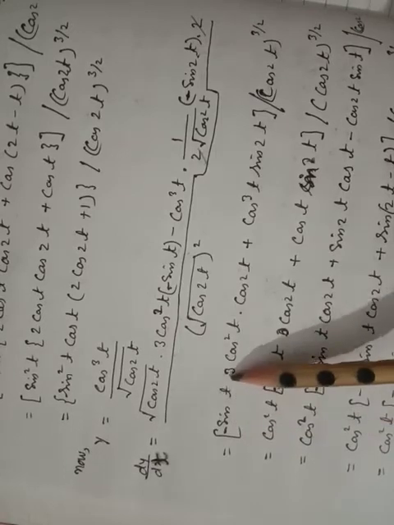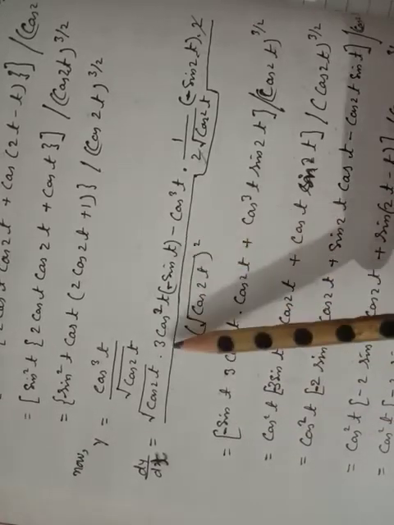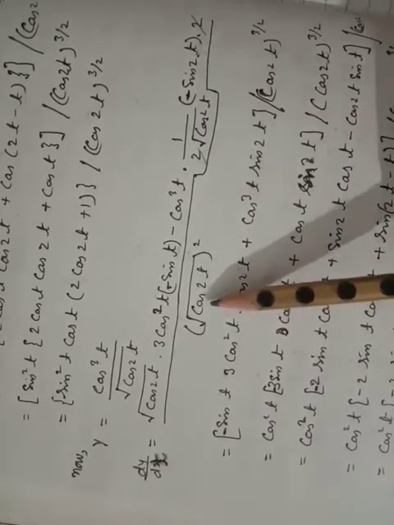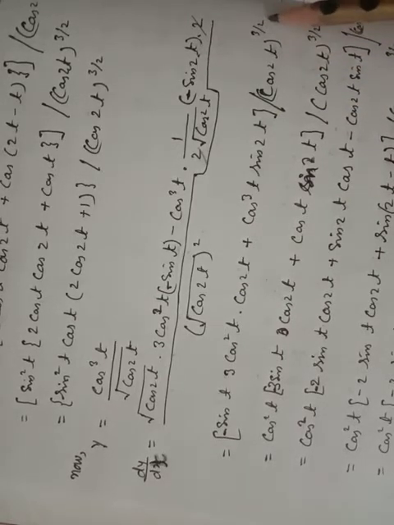Now minus sin t, 3 cos square t, and now we are taking under root cos 2t as the LCM. So under root cos 2t and under root cos 2t, when you multiply, the under root will be removed, and it becomes cos 2t, plus cos cube t, minus sin 2t. Minus and minus become plus, so it is sin 2t, and its value is cos 2t, because it is squared, and this cos 2t means 1 upon 2, so its value is cos 2t to the power 3 over 2.